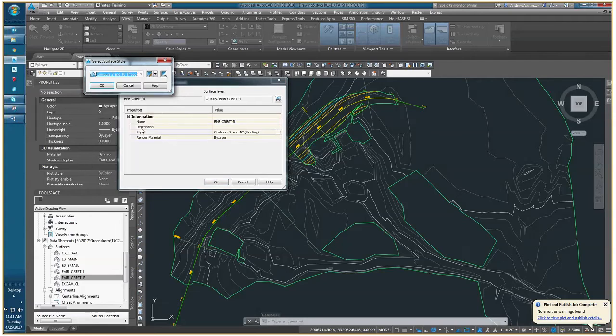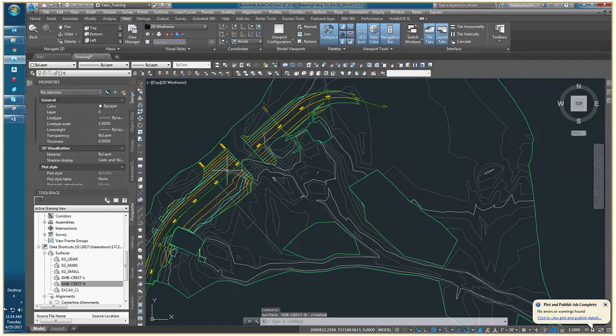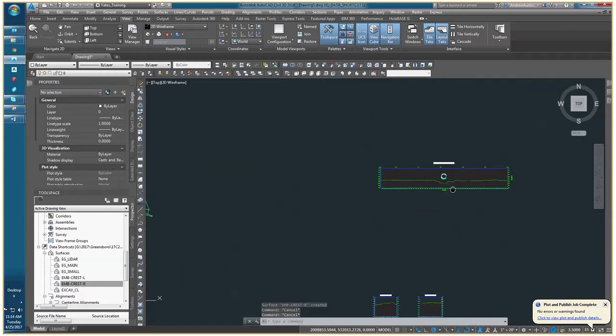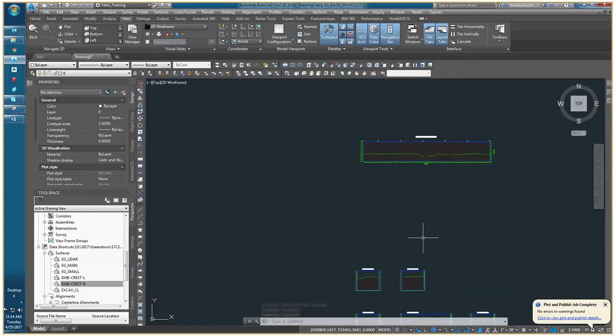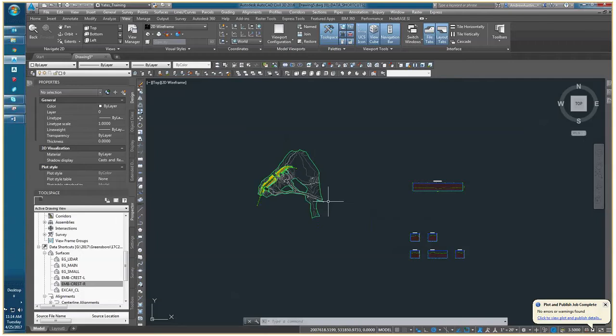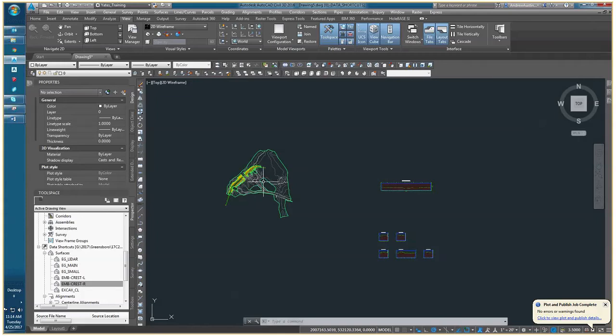To intend proposed. All right. So now we have some proposed grade. But you know what? None of that is being shown on our profile or section views that we've already created. So to get that information into those different types of views, there's two different methods that we're going to use